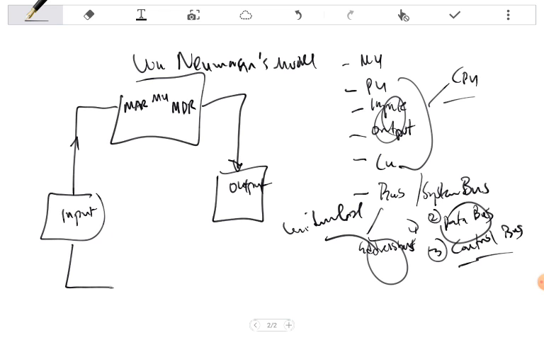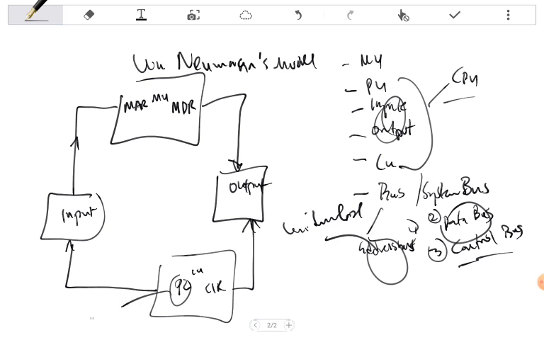And there's a flow of movement from what we call the PC, CU, and CIR. You can relate it to what you have in your textbook. So we have the MAR, which is the memory address register. We have the memory data register. We have the MU, which is the memory unit. Don't forget that. Then we have the PC, which is the program counter. It's not a personal computer, it's a program counter.